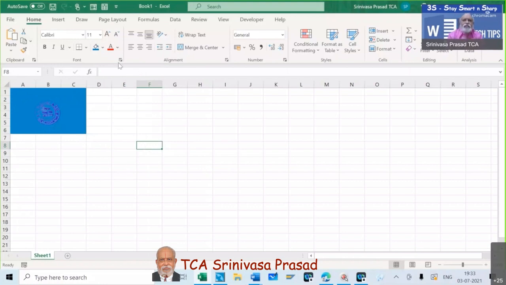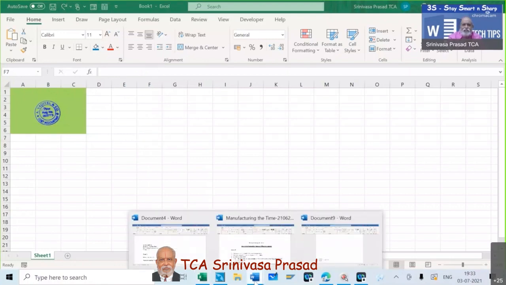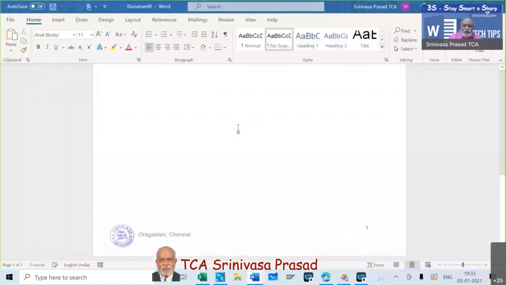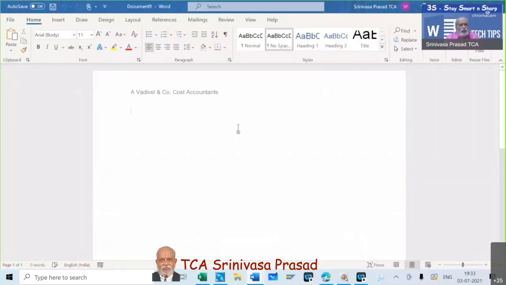So we can do this. There are many options of doing it. So I thought this will be a good start for many of the practitioners who prepare a signed copy of your report. This should give you a lot of options to spend less time and then spend more time on more constructive work.